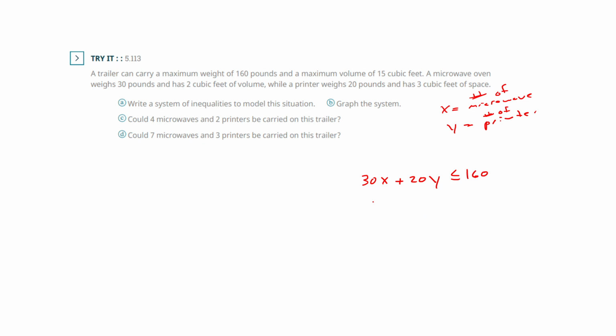And next we have 2 cubic feet of volume for the microwave and 3 cubic feet for the printer. And it needs a maximum volume of 15, so we can't go any higher than 15. Okay, now if I was going to graph these, I'm going to make,